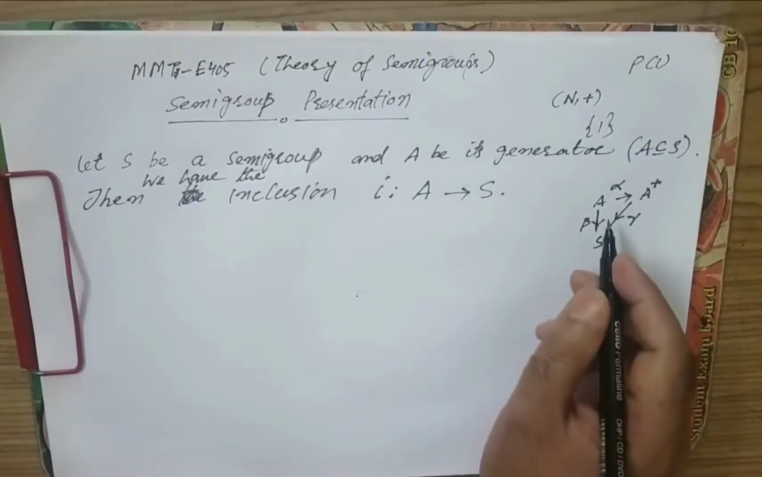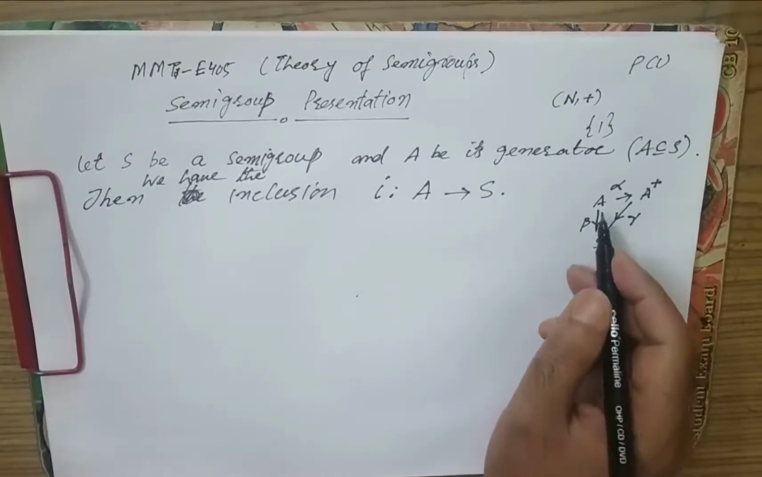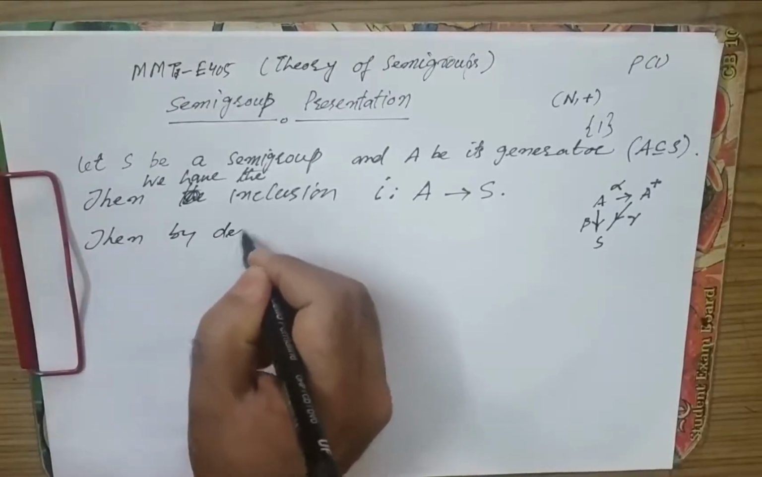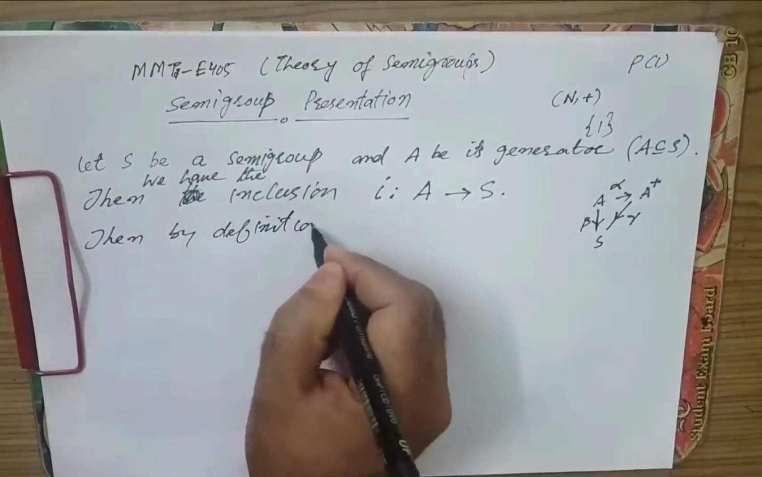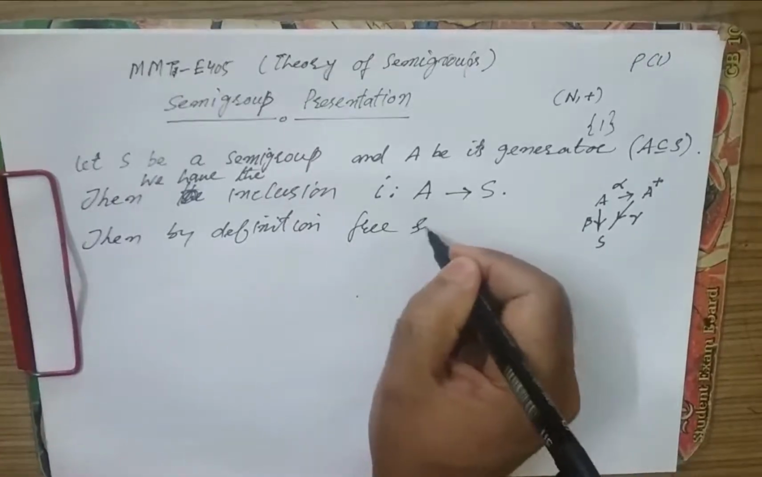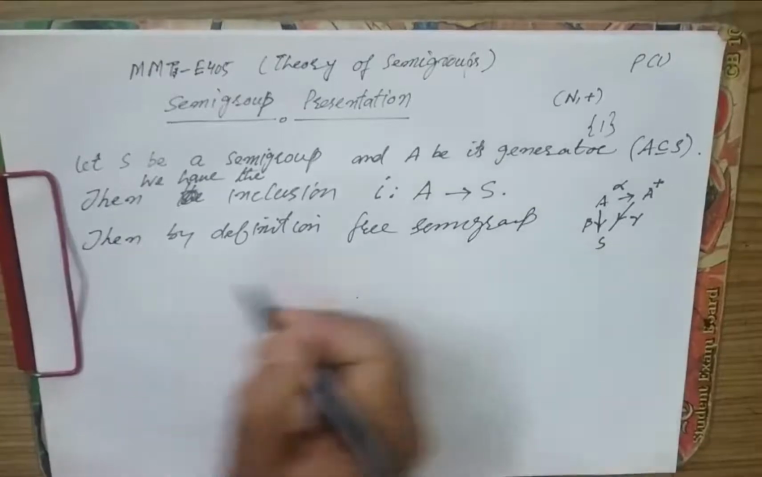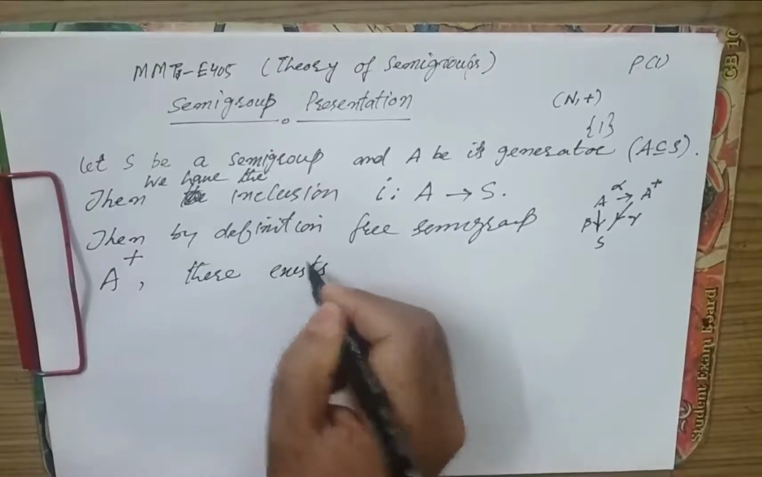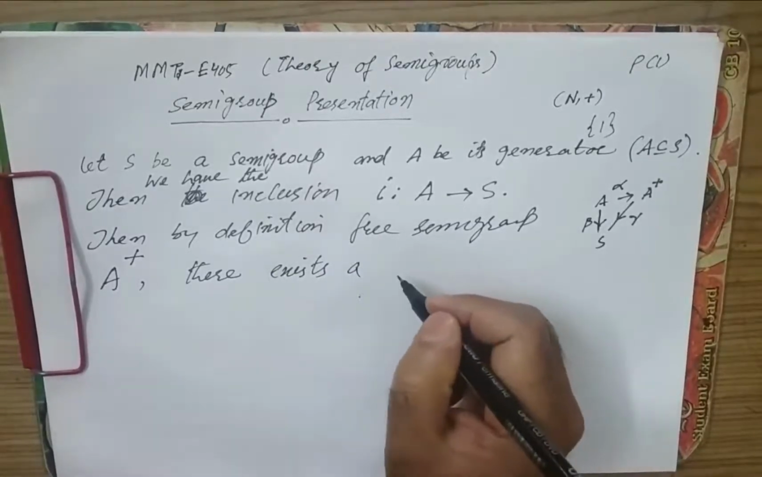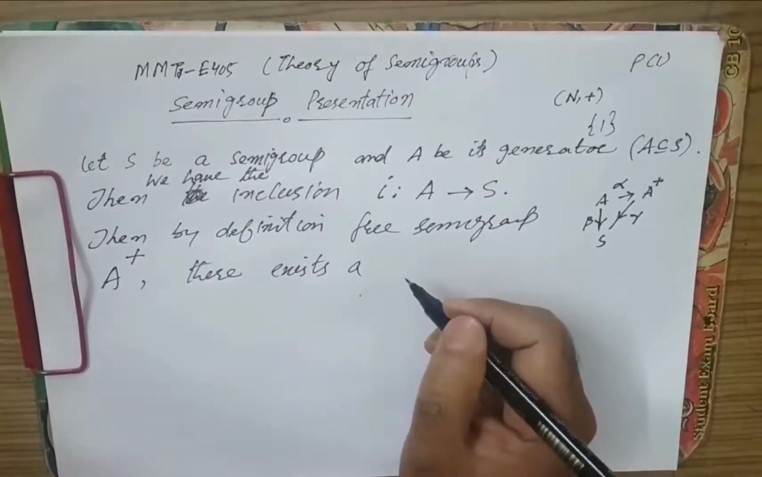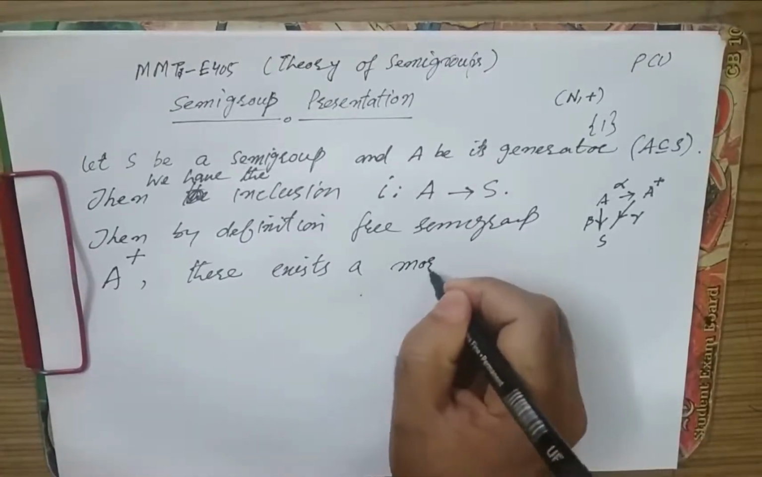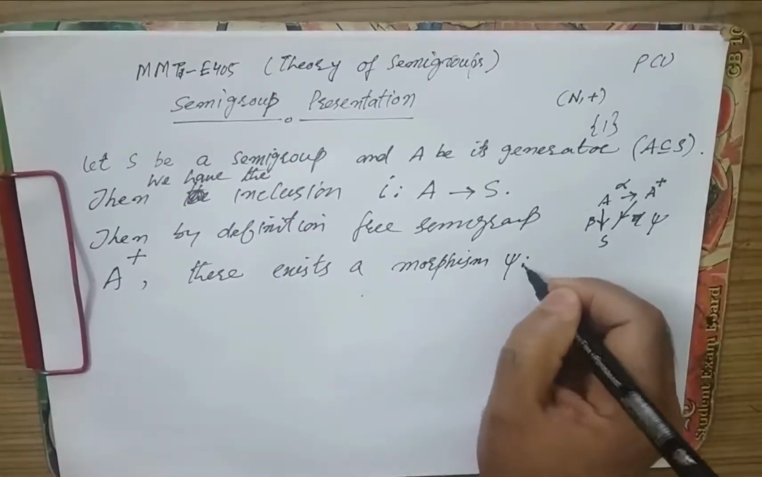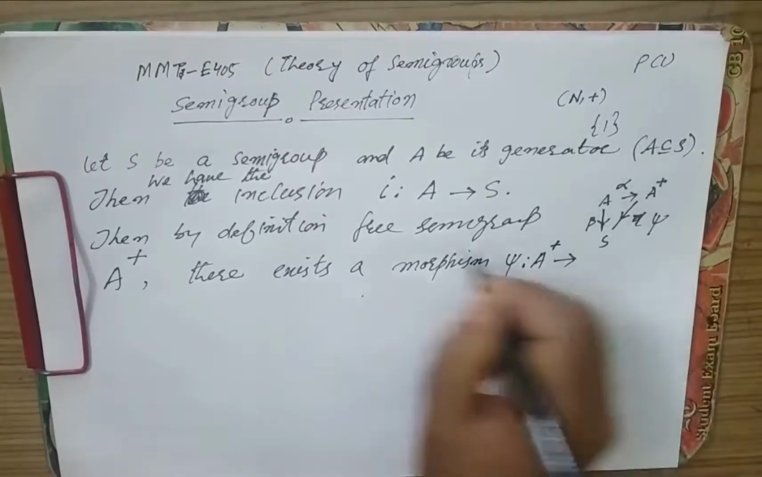So since A plus is the free semigroup, it's generated by A, so by definition of free semigroup A plus, there exists a map. It's actually a morphism here. Let's denote it psi from A plus to this S,